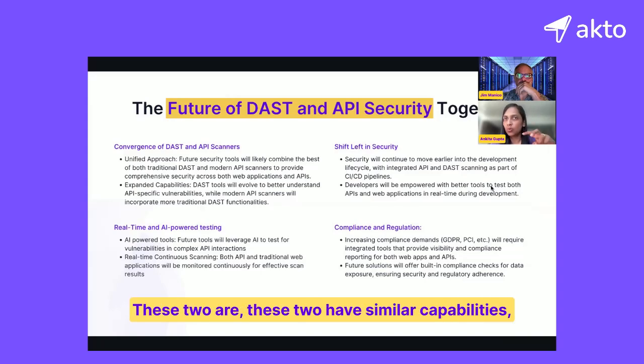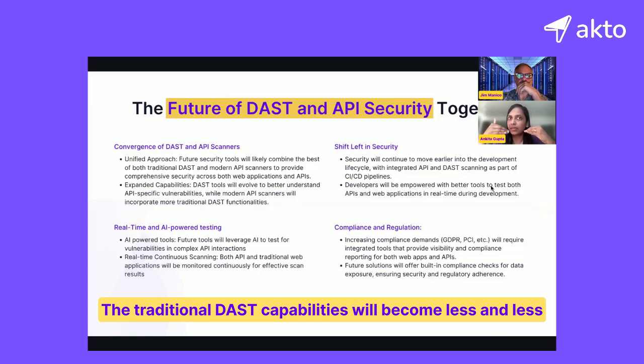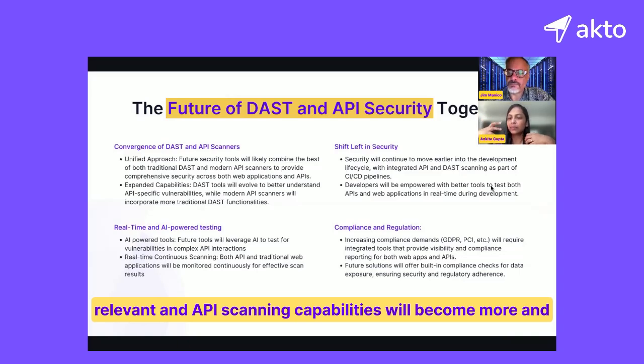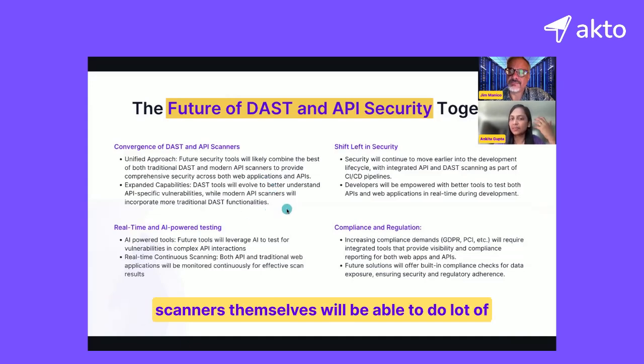Today, these two have similar capabilities, but they're also very different. But in the future, I am very positive that both of these will converge into one. The traditional DAST capabilities will become less and less relevant, and API scanning capabilities will become more and more relevant, which means most of the modern API scanners themselves will be able to do a lot of DAST-type testing. So you will not really need a traditional DAST. What you will need is a modern API scanner, which can also do some of the DAST